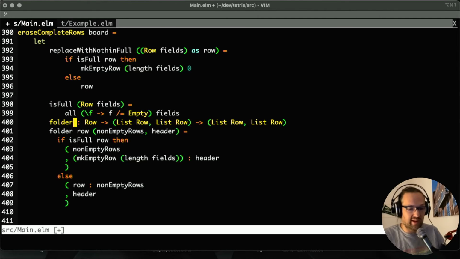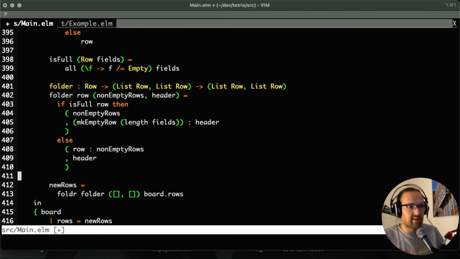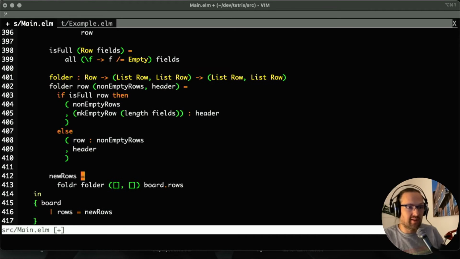Cool, so now we have our folder function. Can remove this signature here that I just brought in for explaining, deriving, whatever. We are folding with our folder. This is our starting value, and those are new rows. And our new rows now, as I said, the return value of the fold has the same type as this starting expression. So let's say final header, and let's call this the